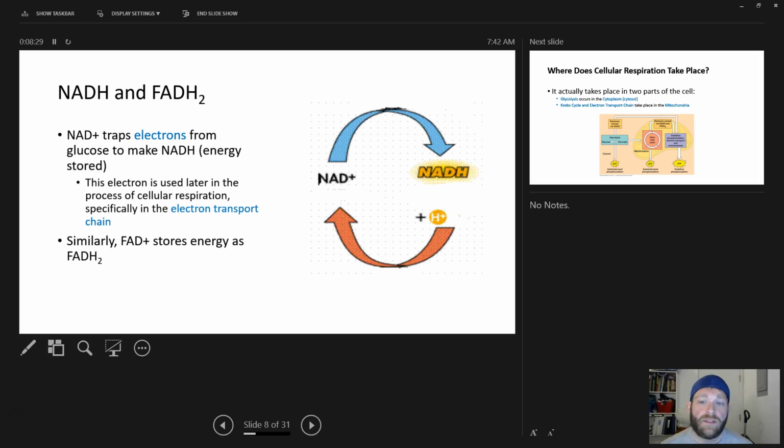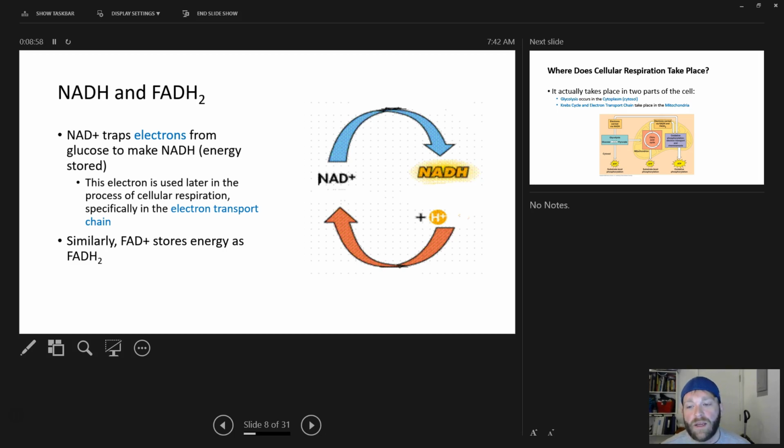So two molecules that are important for us to keep track of are NADH and FADH2. These are both large molecules, but what you need to know is that they are electron storage molecules. They take electrons that are released in the cellular respiration process and store them for later. They use those electrons as energy later in the last step, the electron transport